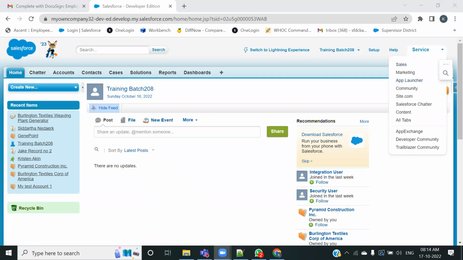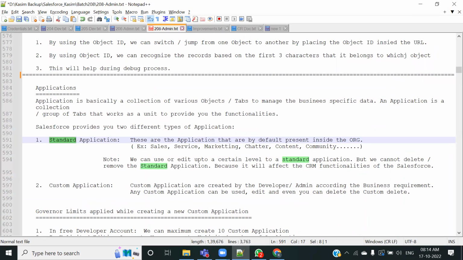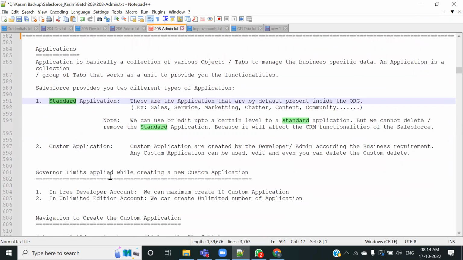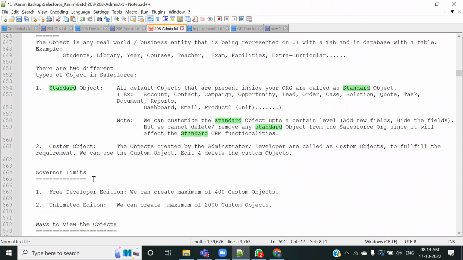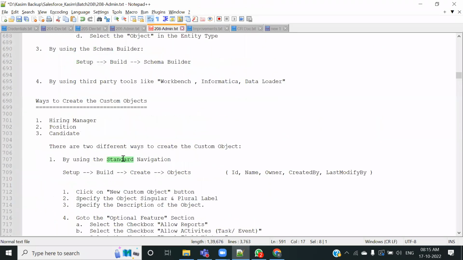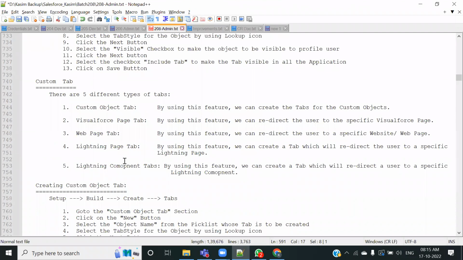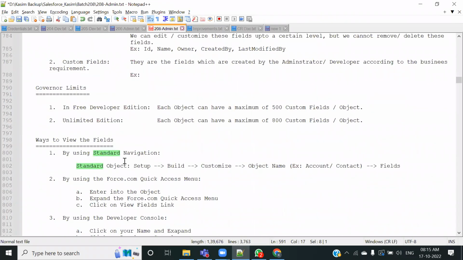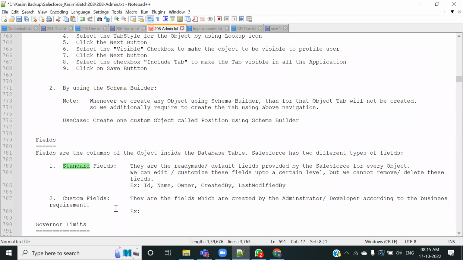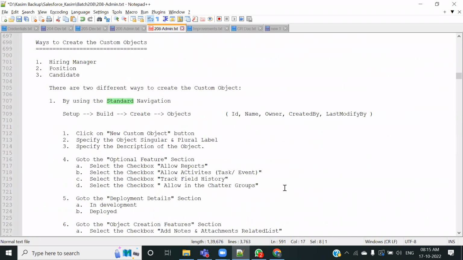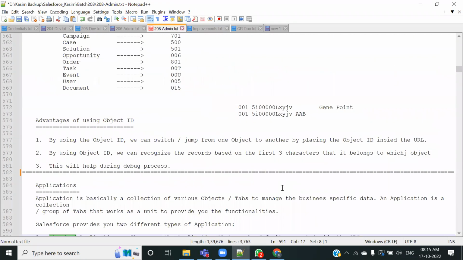So every such entity, whatever you would be seeing, और ये discussion बहुत लंबा जाएगा, देखना आप। ये काफी मर्तबा ये चीजें सामने में आएंगी जब जब हम कोई नई फंक्शनैलिटी की तरफ बढ़ेंगे। जैसे देखो, इसके बाद में टॉपिक पढ़ाने वाला हूँ ऑब्जेक्ट। ऑब्जेक्ट में फिर से वो टर्म आ जाएगा, स्टैंडर्ड ऑब्जेक्ट, कस्टम ऑब्जेक्ट। उसके बाद फील्ड्स पढ़ाने वाला हूं मैं। ठीक है, फील्ड्स पढ़ाऊंगा तब से फिर से वही टर्म आएगी, देखो, स्टैंडर्ड फील्ड, कस्टम फील्ड। तो ये काफी मर्तबा आने वाला है, स्टैंडर्ड रिपोर्ट, कस्टम रिपोर्ट, स्टैंडर्ड डैशबोर्ड, कस्टम